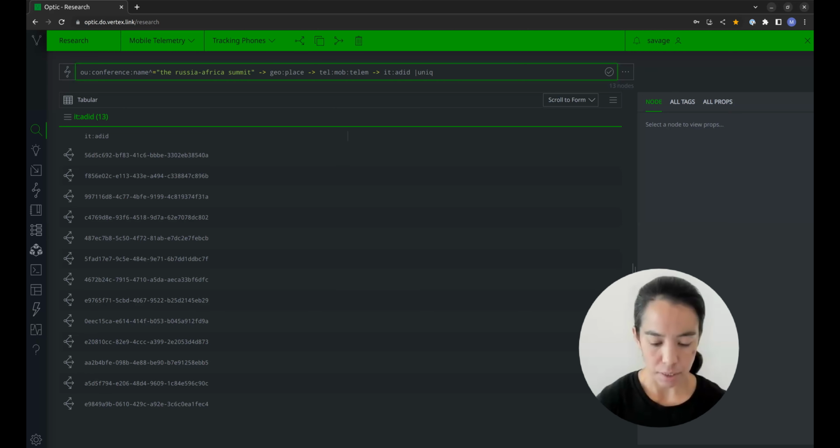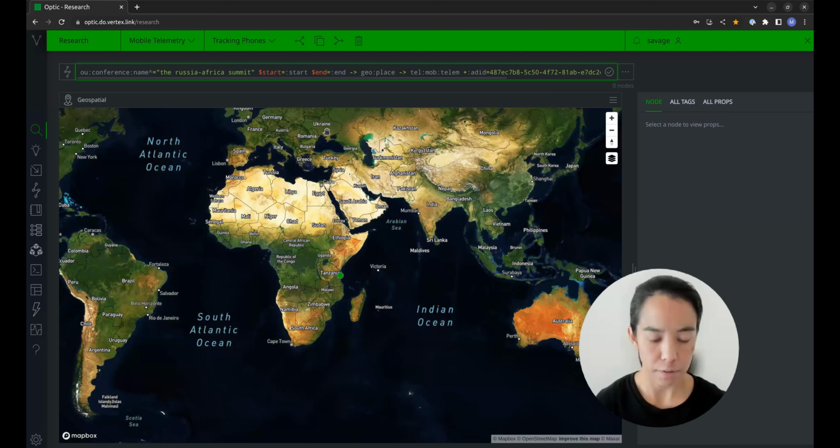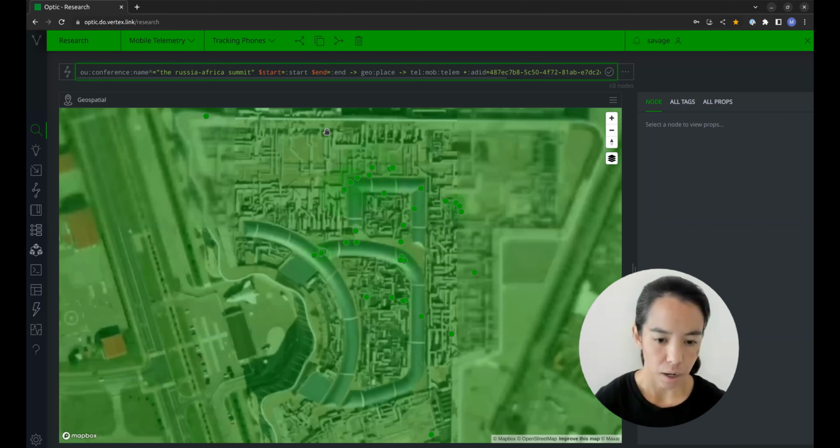Now, one of the phones that we are going to walk through for this case study showed up in multiple other countries, and it first was showing up in Russia, where we started. And so if I go over to geospatial mode here, in this query, I'm pivoting from the conference itself, the location of the conference,